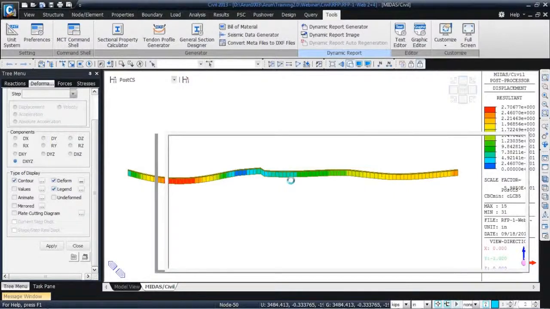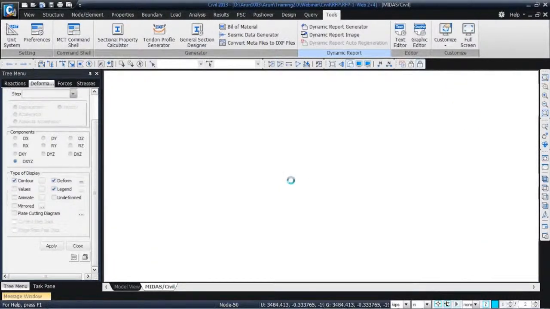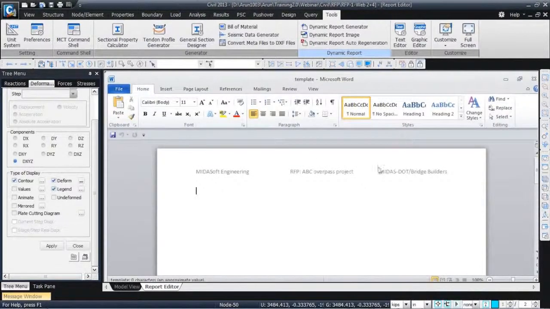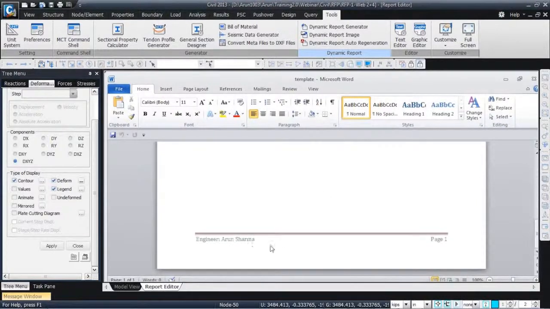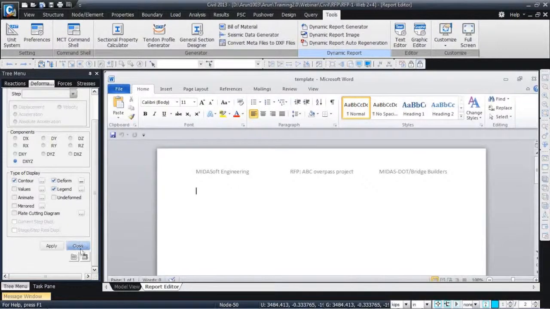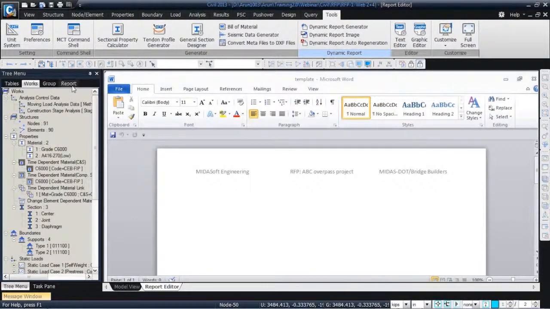So you can create this kind of template, and the program will open, inside Midas, a Microsoft Word page. You can enter the company name as a header, the project name, the client or the consortium name for which you are working, and then at the bottom you can enter your engineer name and the page number. And now all you need to do is go to the report tab,